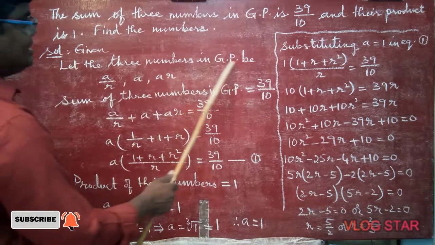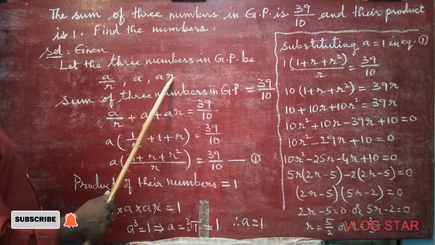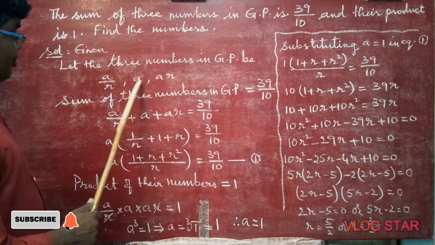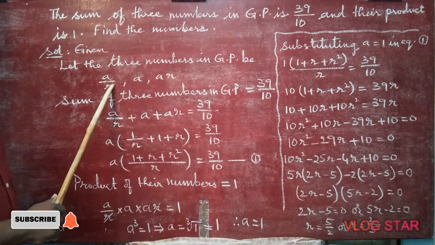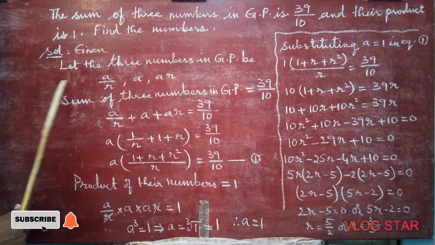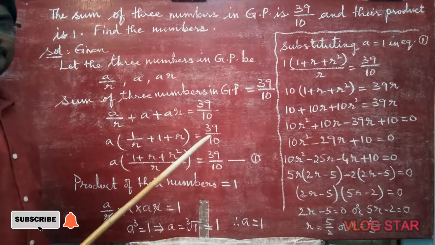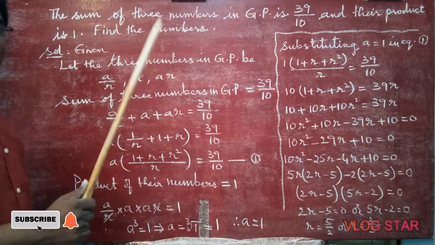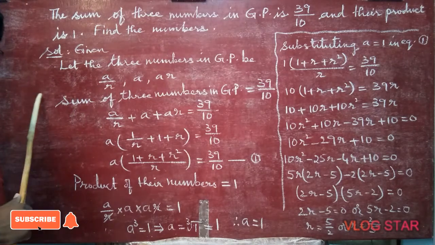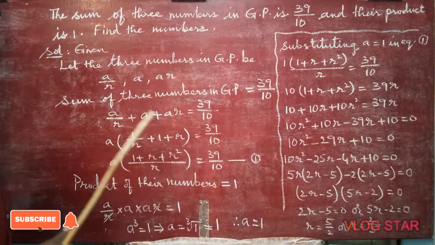Let the three numbers in GP be a/r, a, ar. Usually we would think a, ar, ar². But before ar, there are also a/r, a/r², a/r³, like that. Why we took it this way is for easy calculation. In AP also, a plus d is there. Before a, what is there? a minus d, then a minus 2d, like that. So here also we are following the same for an easy method.